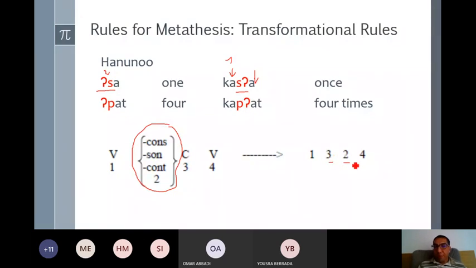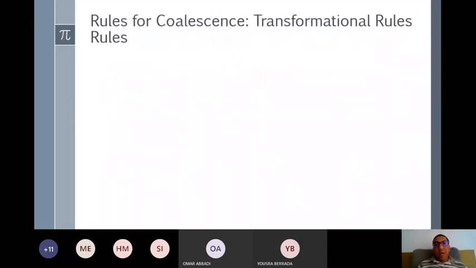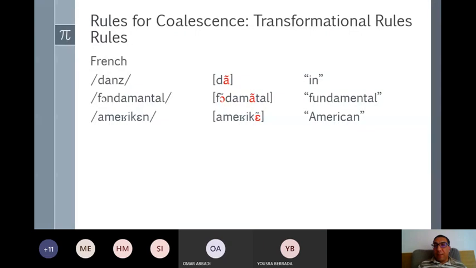All right. So that's how we formalize metathesis rules using the transformational format. We also use the transformational format in order to formalize rules for coalescence. Remember the